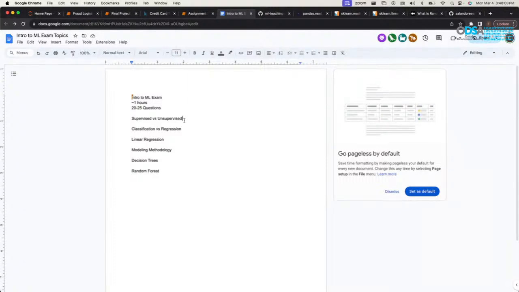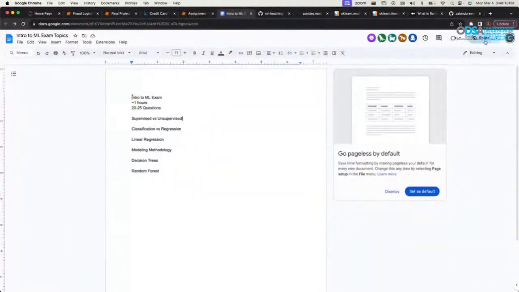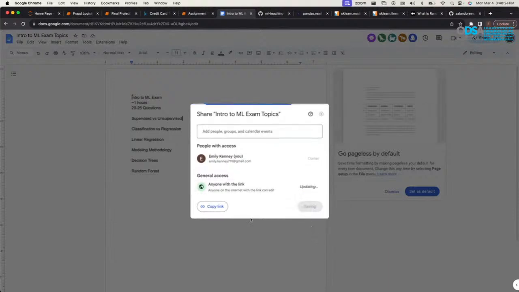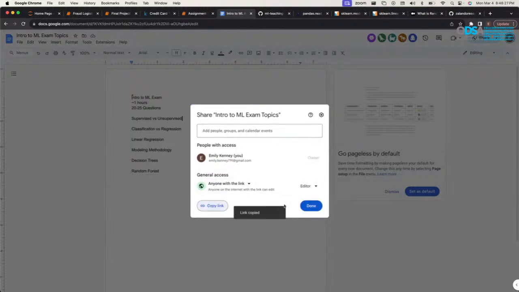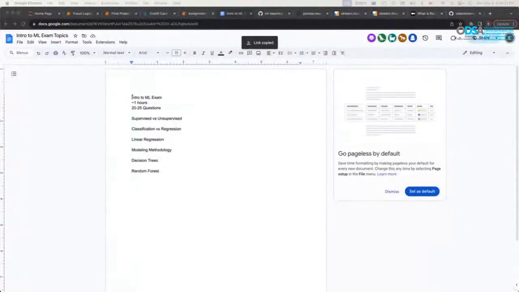Hey, Emily, I think we need edit access. Oh, so sorry. Share. And with link can edit. Copy link, done. All right, ignore that previous link. Try this new link. Maybe it'll be the same, actually. Looks the same. Maybe you just need to refresh now. I don't know exactly how their provisioning works. Here we go.